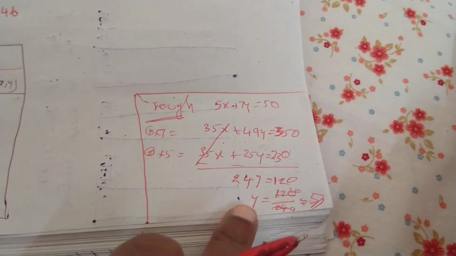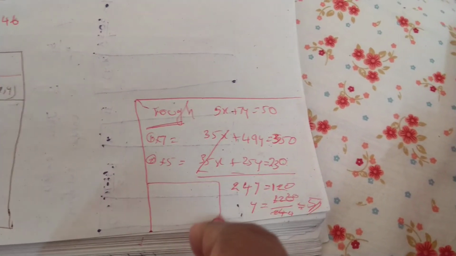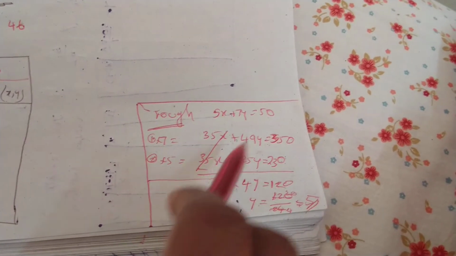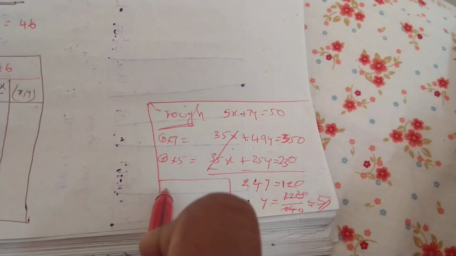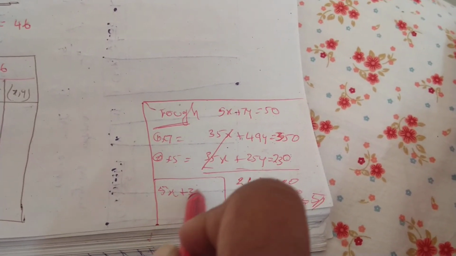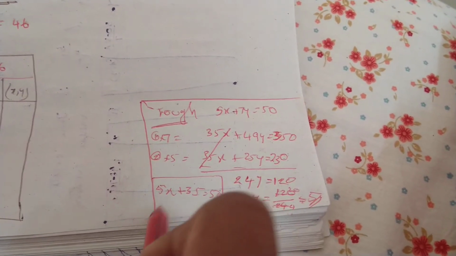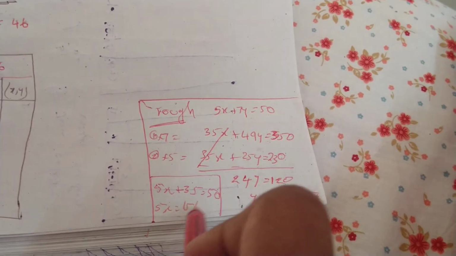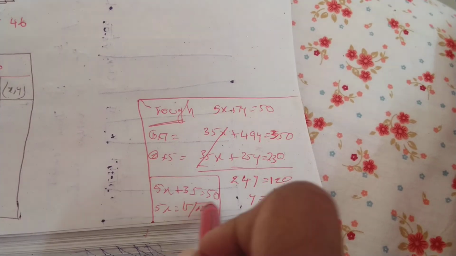Okay, I am substituting this y. This is all rough work because I should know where and how I have to show the solution to the examiner, isn't it? So let me substitute y here. Y is 5, that is 35. So 5x. So my equation will be now 5x plus 35 is equal to 50. So that is 5x is equal to 50 minus 35 is 15, or x is equal to 5 3s are 15.